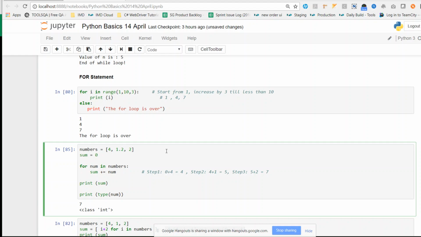Let's say I change it to 4 comma 1.2, so it should fail. No, it's still passing because it is getting a true value. Anything that is coming, it takes it as true. Whatever the value is, it gets assigned. Let's say I write 4.2 first. It should be assigning a float value.